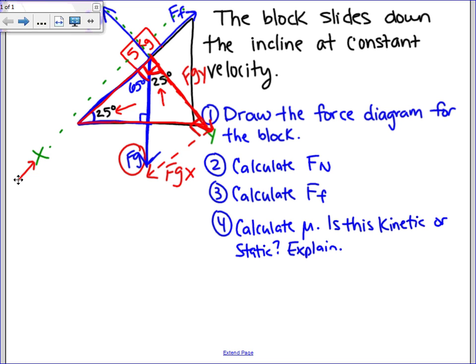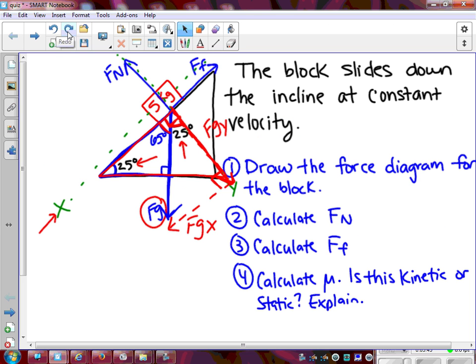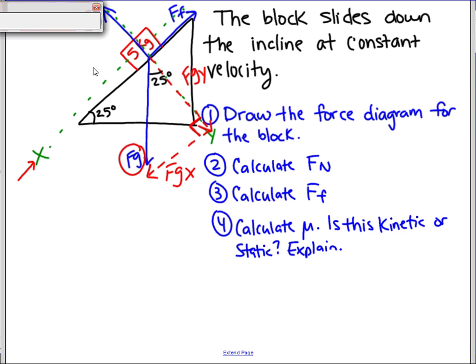And remember, you don't have to prove that. You already know that that's true since I showed you once. So we can always now trust that that is correct. Okay, so now we have our force diagram that is drawn correctly. Let's review. I've got my force gravity